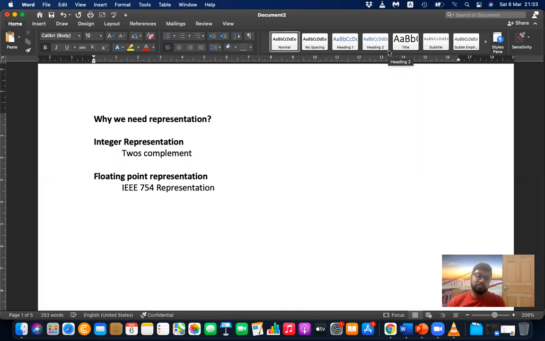That is why we discussed two's complement in integer representation and floating point representation. Actually, we discussed IEEE 754 floating point representation. But that part is currently removed from your syllabus since it was in the old syllabus. But integer representation is there.